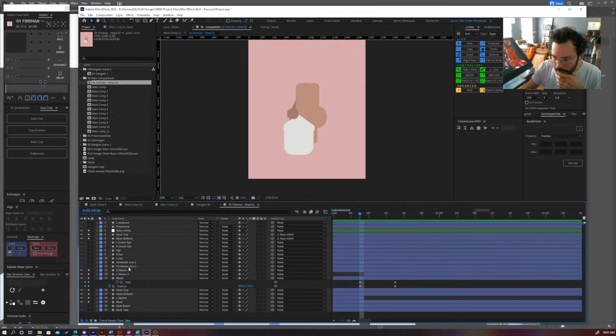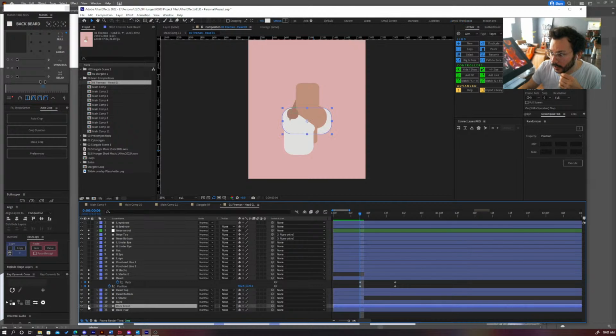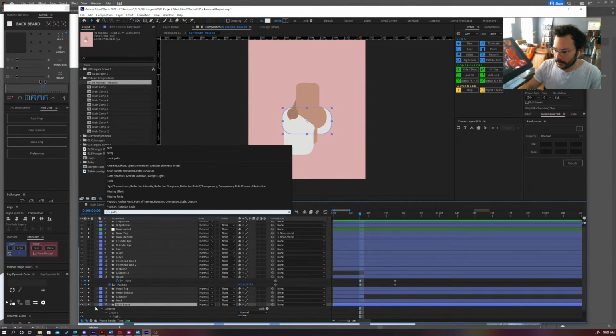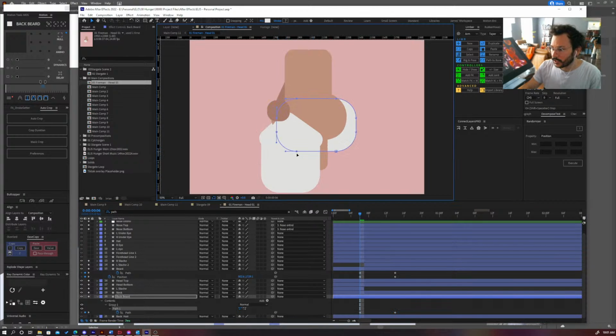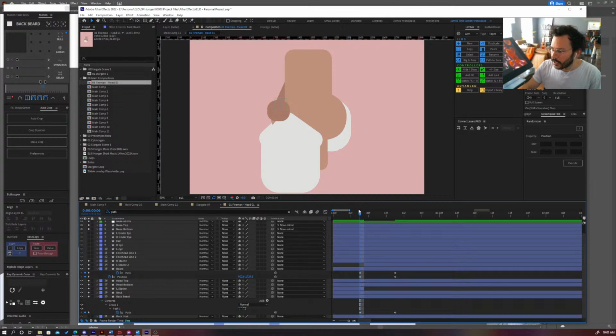Why don't we start with the back beard area. So this is interesting because it's sort of the back of the head. I feel like it would be in the front at this point. So let's pull up the path, Control F, just type in path, drag it over to this side. We'll drag this way, and then we'll drag this way, and